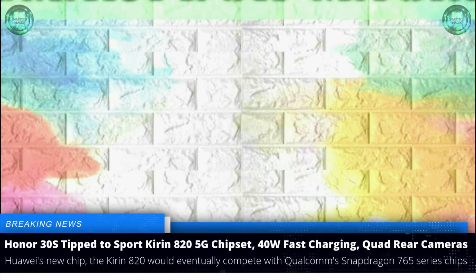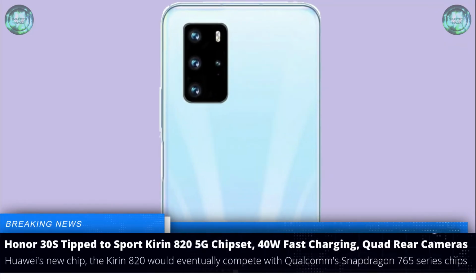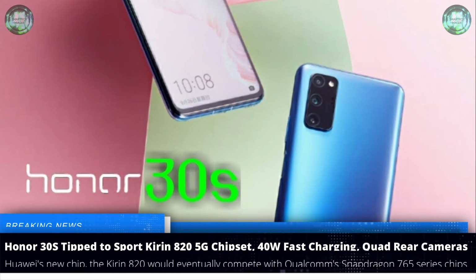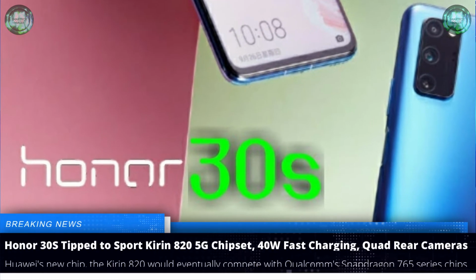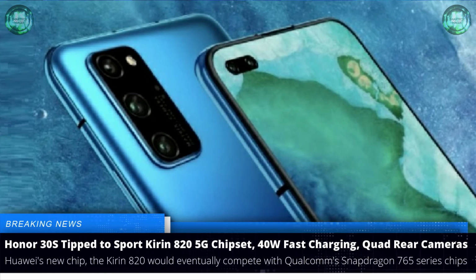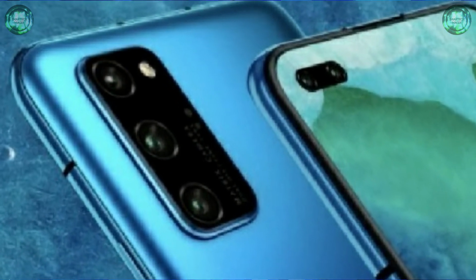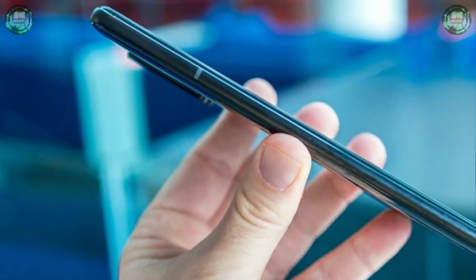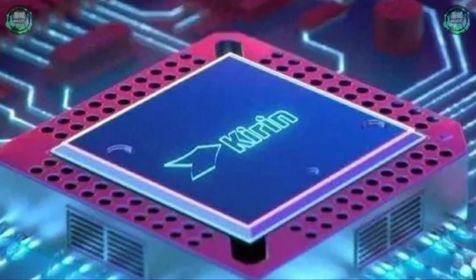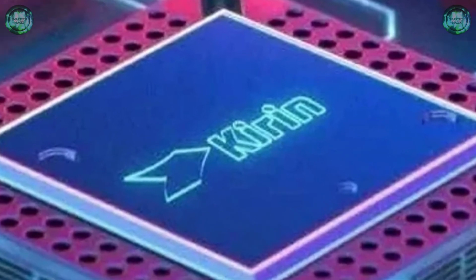The next news is coming from Honor regarding leaks and rumors of its new Honor 30s smartphone. Rumors about the new 30 series from Honor were flying all around, and now leaks around a new phone in the same series have surfaced online. China's 3C certification website suggests that the Honor 30s will support 5G thanks to the new mid-range Kirin 820 chipset. The listing also suggests that it would support fast charging up to 40 watts with a 10 volt 4 ampere power